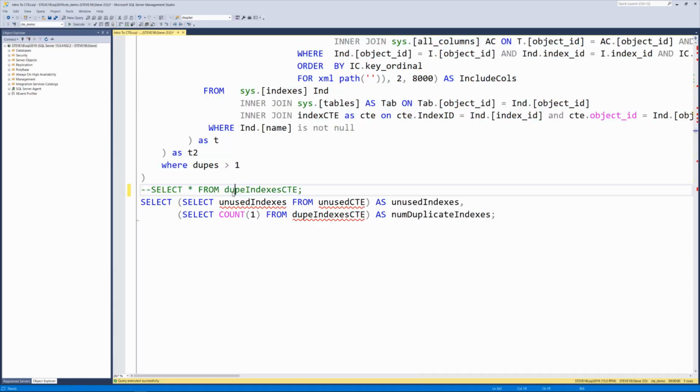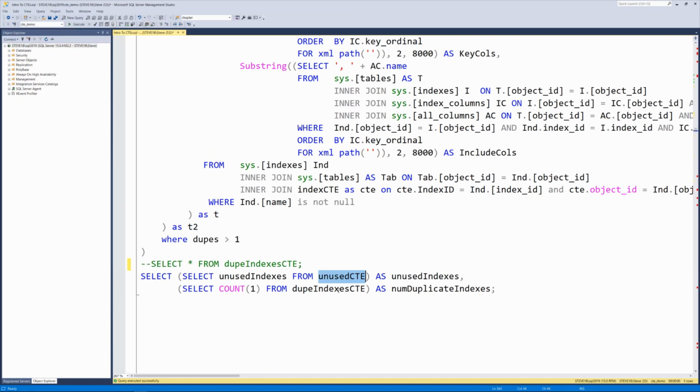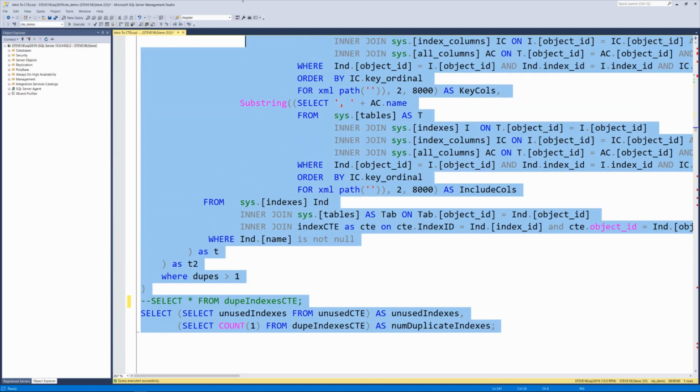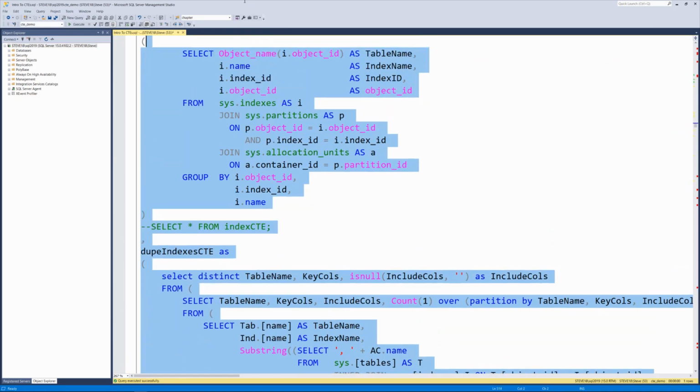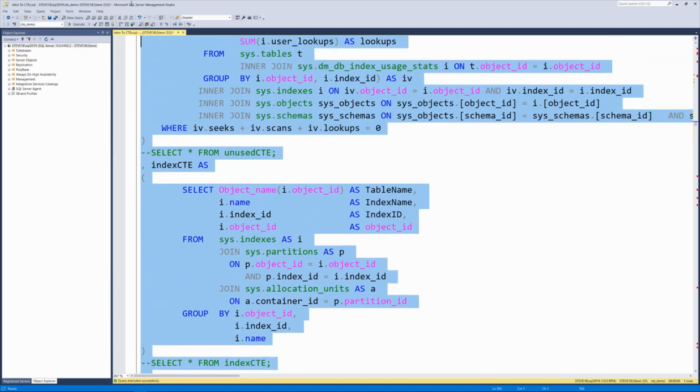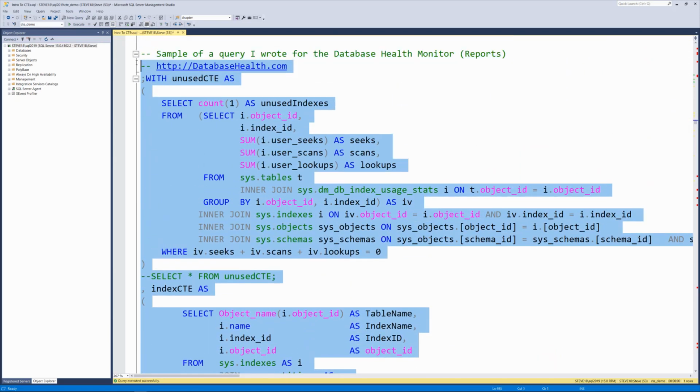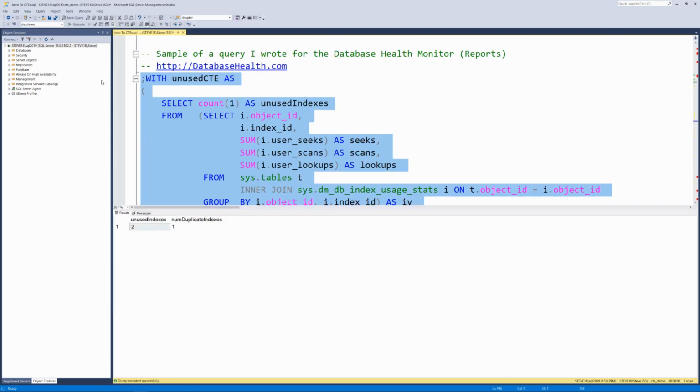But if we replace the dupe index as CTE, we're selecting from the unused CTE and the dupe index as CTE, and we're just joining those into 2 columns that will return the number of indexes and the number of duplicate indexes. Kind of cleaning that query up into one query. You could easily run this as multiple queries the way we're using it here, but it depends on how you want your code to look. So here it gives us a table that shows us for this database there are 2 unused indexes and 1